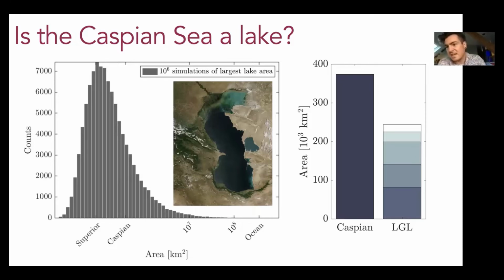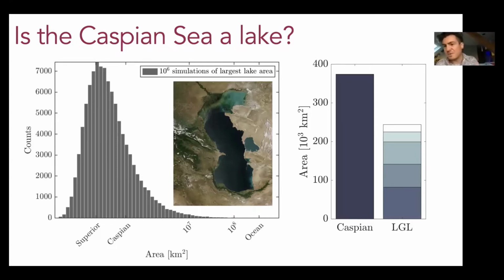So we can't say with confidence that the Caspian is actually larger than our expectations for the largest lake on Earth. And in fact, it's pretty consistent with our expectations for the size of the largest lake on Earth. Lake Superior is the next largest, and it's sort of smaller than we would expect for the largest lake on Earth. So this is actually pretty spot on. Whereas the ocean is bigger than all 1 million of those, your Earth's largest lakes for the fake planets. And so that means that the ocean is definitely not a lake by that estimation, because it's way too large.